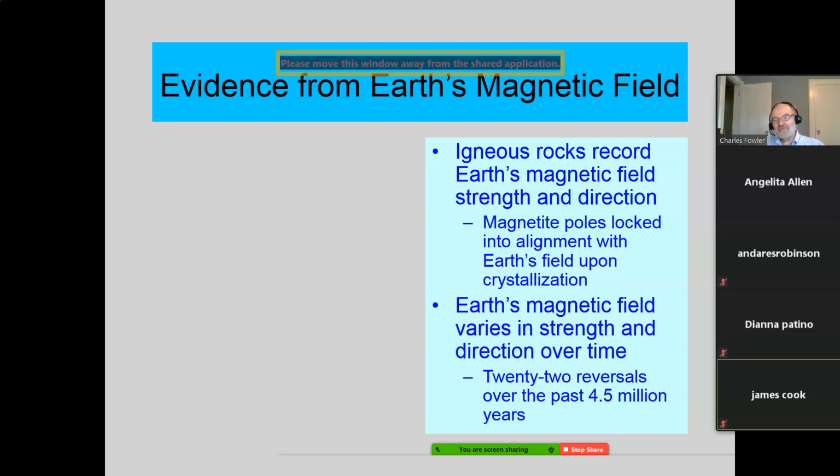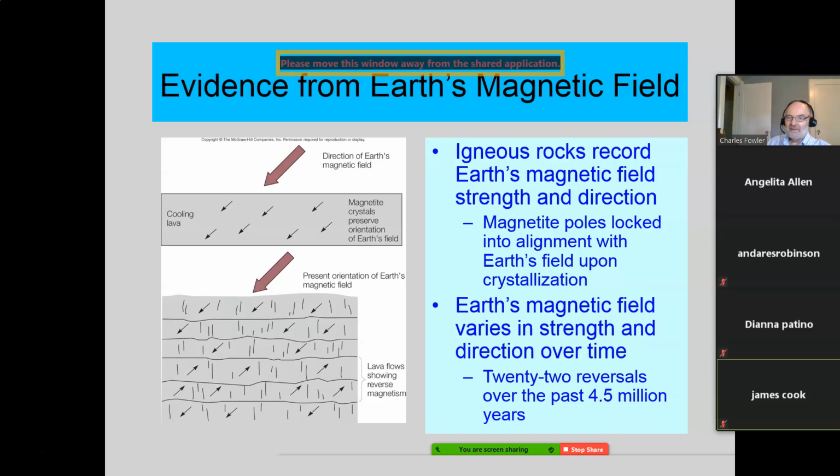Well, guess what, folks? We haven't been around to measure these things even a fraction of that time. Okay? So therefore, we have no way of knowing whether this is something that we measured. All we've done is measure the field strength of rocks as you go deeper and deeper, and they point in opposite directions. 22 reversals in the last 4.5 million years. Amazing. All right, so here's what is illustrated.